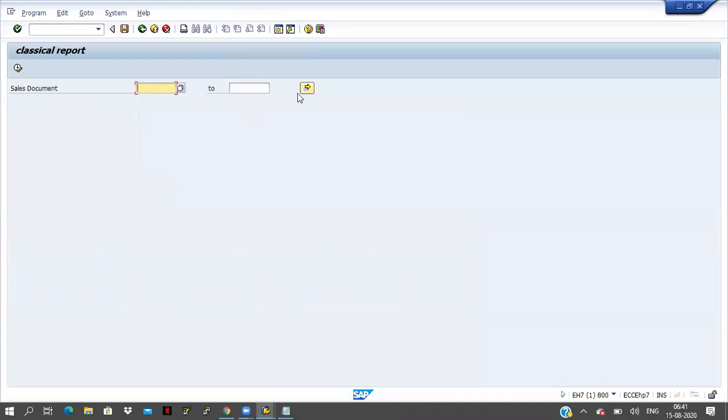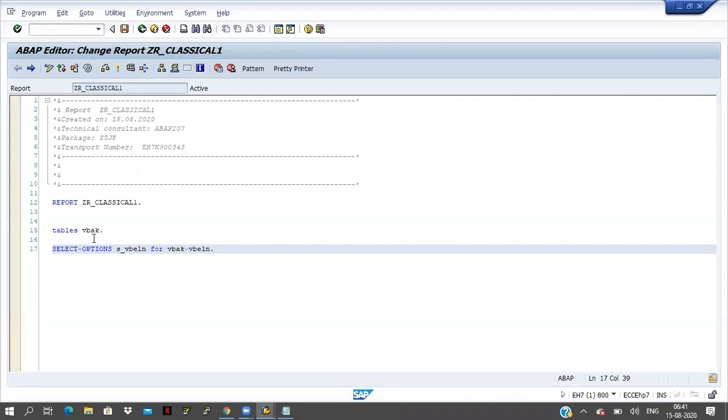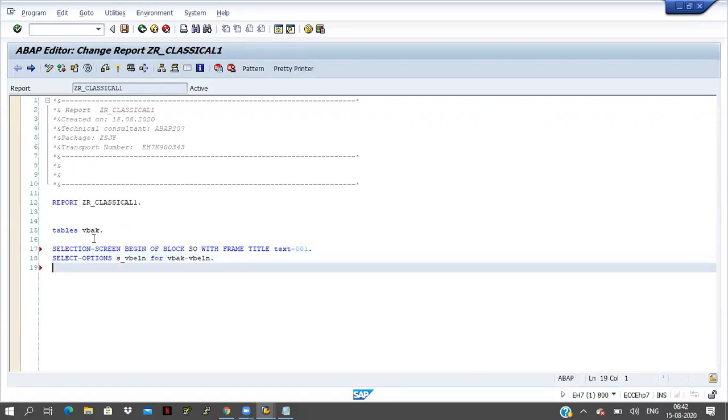But here I want to give some block. How can we give? Yesterday we discussed that one. SELECTION-SCREEN BEGIN OF BLOCK, this is sales order information, SO, with frame title text-001.